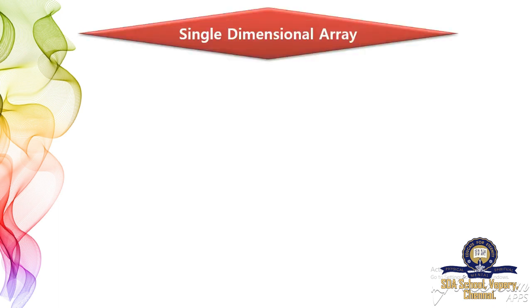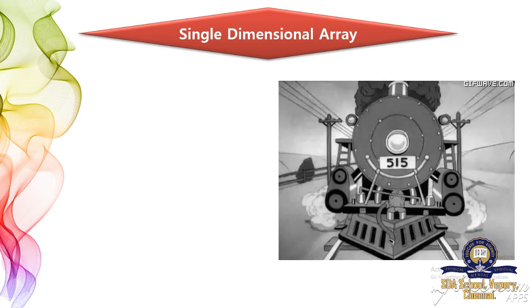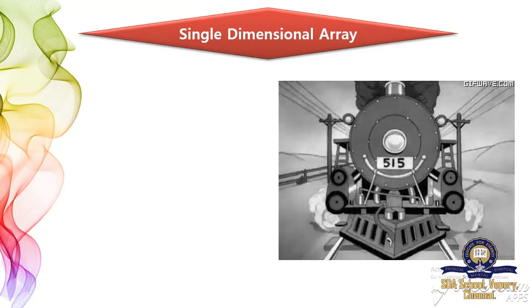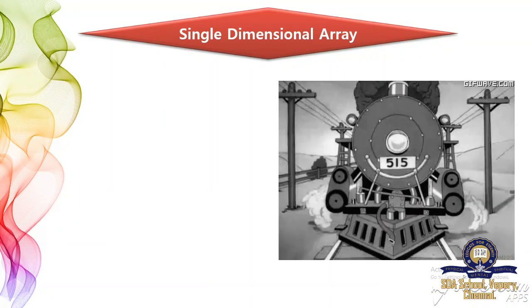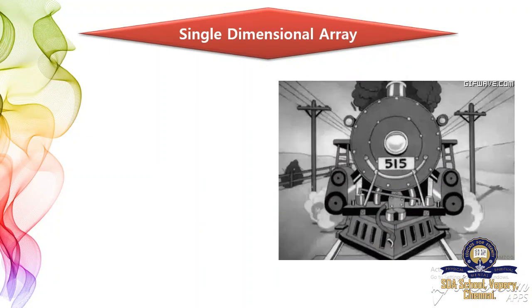Now let's see about the single dimensional array. To understand a single dimensional array, you can imagine a train named Vygay Express. It has a number of compartments which are numbered 0, 1, 2, 3, etc. Hence, Vygay 1 will indicate the second compartment of the Vygay train. Similarly, a single dimensional array is a structure that is represented along the x-axis by using a number of variables with the same name having different subscripts. So what is a single dimensional array?